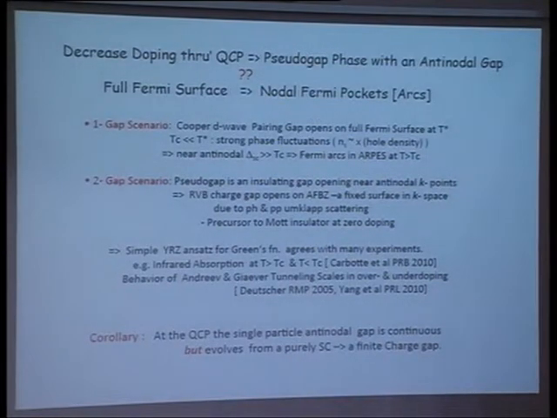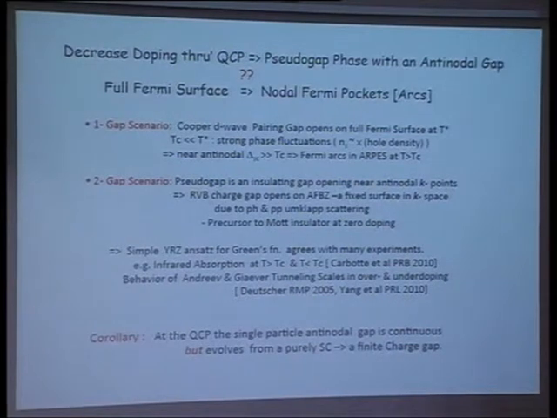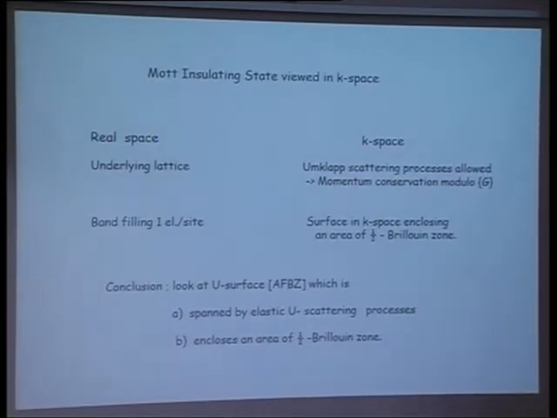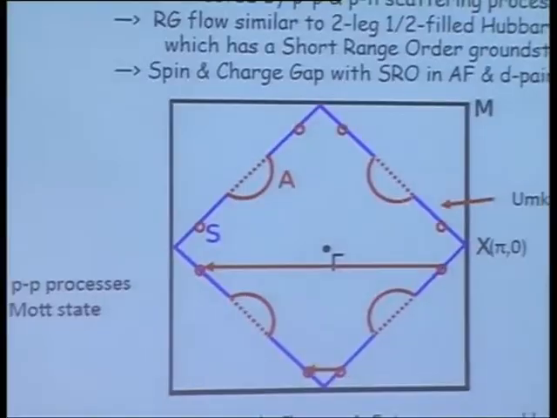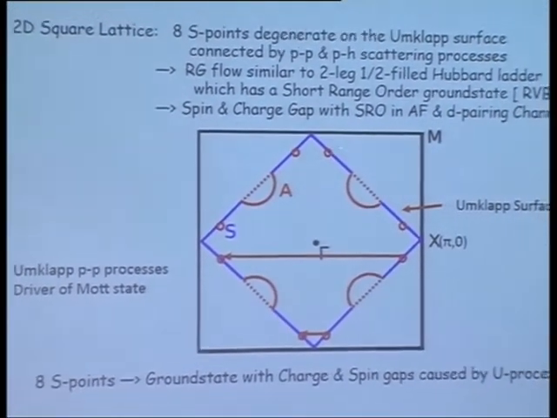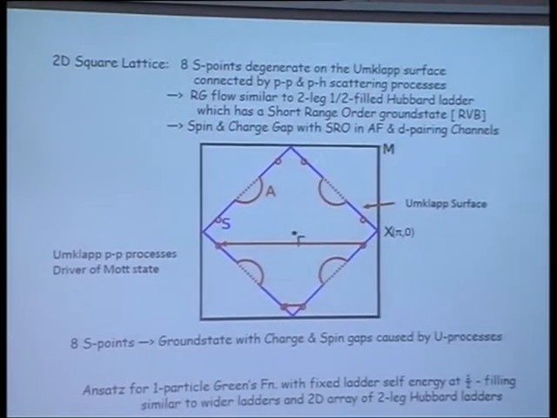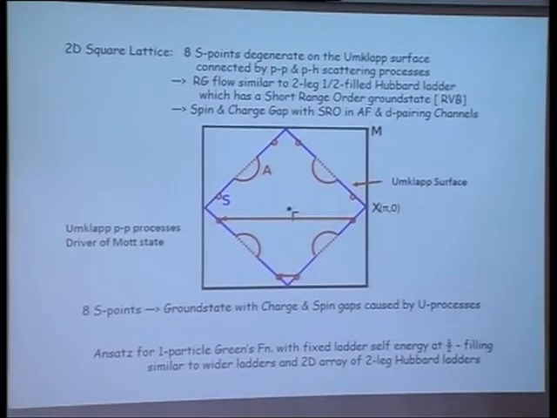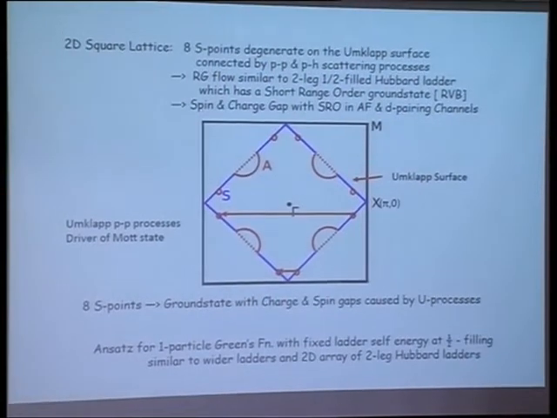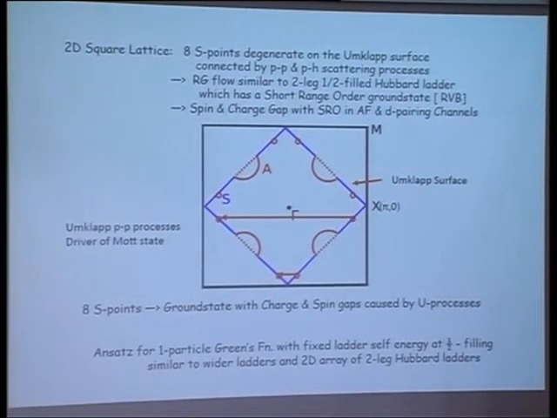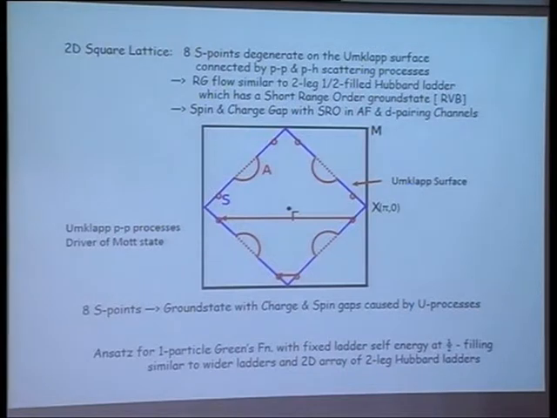And so that will be the goal in this talk. Now, we all, of course, are very familiar with hopping, but still we always have the following property that any point on this surface forms a star of 8 degenerate points by tetragonal symmetry. And these points are connected by a network of scattering, not just particle-hole scattering, as would be